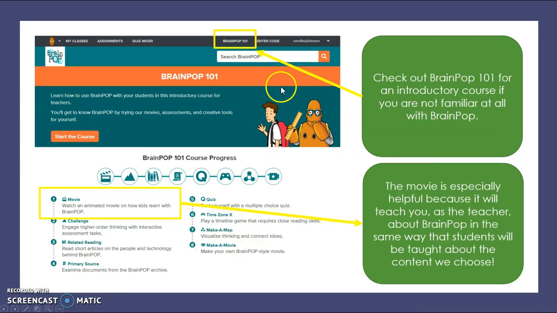So when you get into BrainPop, I suggest that you first start with BrainPop 101. And when you click on this, down here, there are a lot of different ways that you can learn a little bit more about BrainPop. But my favorite one is the movie, because the thing that the students love about BrainPop is the videos about the content. And if you click on that movie, it's actually going to teach you as the teacher about BrainPop